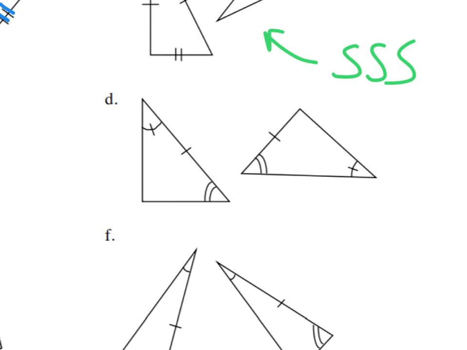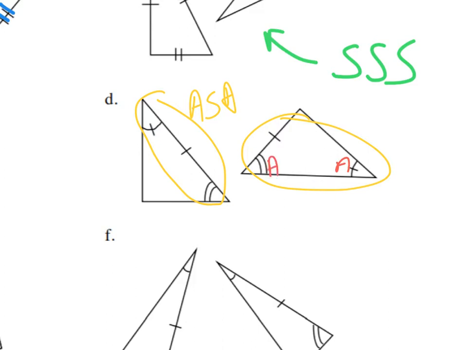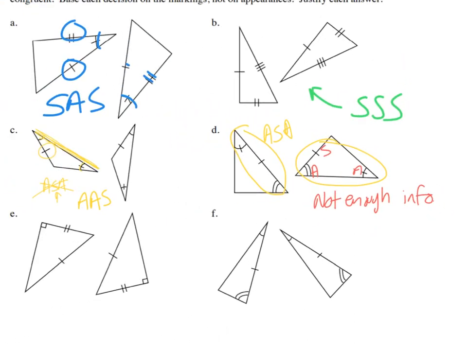On this triangle right here, this would be an example in this triangle, letter D, of angle, side, angle relationship. Now, is that the same relationship that we have in this triangle? And the answer is no. Notice here how we have 2 sets of angles and the side length is not in between them. So we don't have the same set of corresponding information. So for letter D, we're just going to have to say not enough info. There's not enough information in order to draw a conclusion about those two sets of triangles based off the given